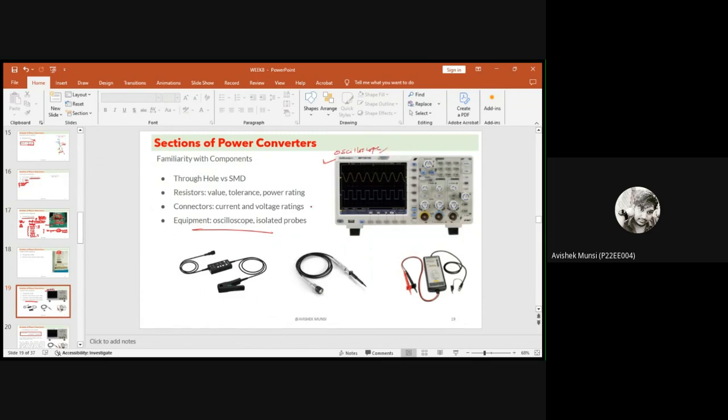The oscilloscope has some dedicated parts which you have to understand. It is used for measuring the current and voltage waveforms. So this is for the channels where you can see the waveforms. These are two channel waveforms. So we require probes for measuring it. This one is a differential probe, which we use for measuring differential voltage. This is a passive probe which can be used for